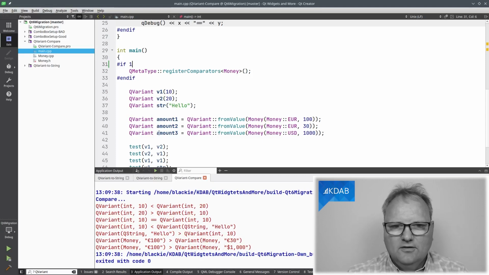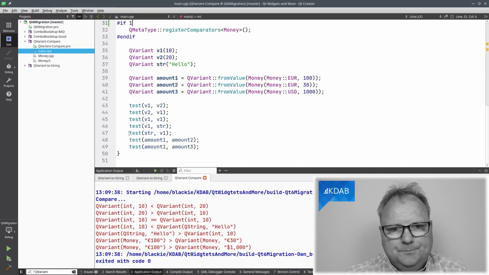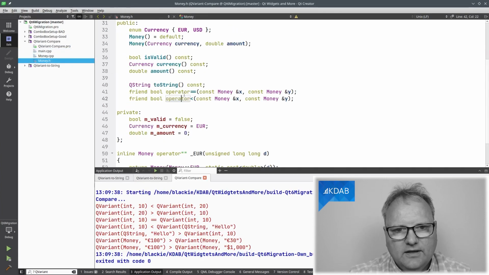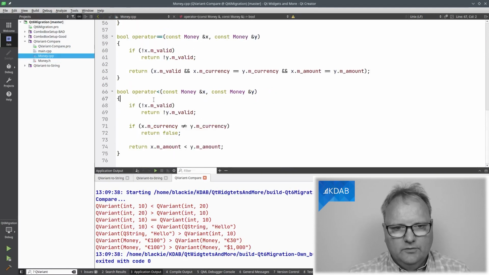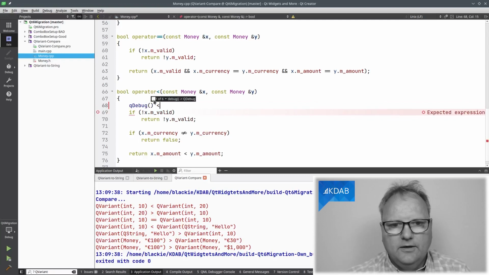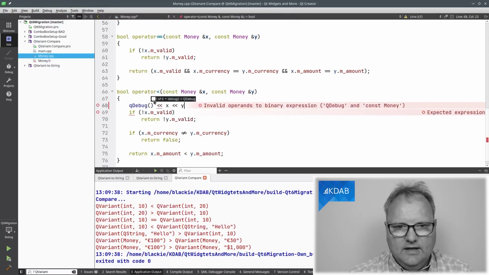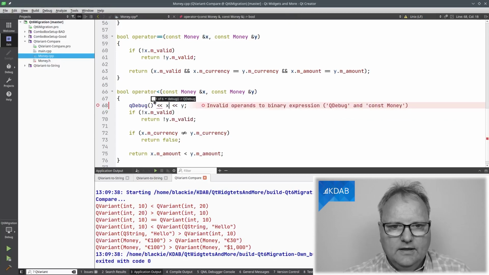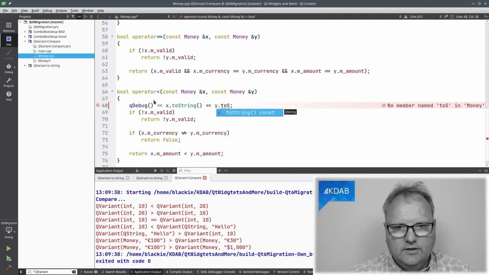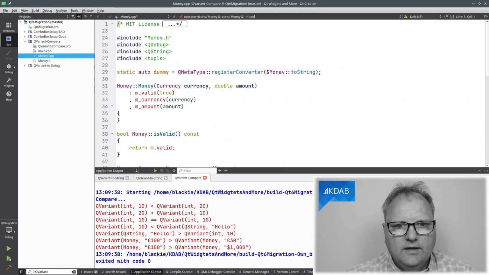But in any case, let's go in and look at the money instance here, and just print out in my operator. So here, printing out that I'm comparing x and y, and x.toString, assuming .toString. Do I have it in qDebug?